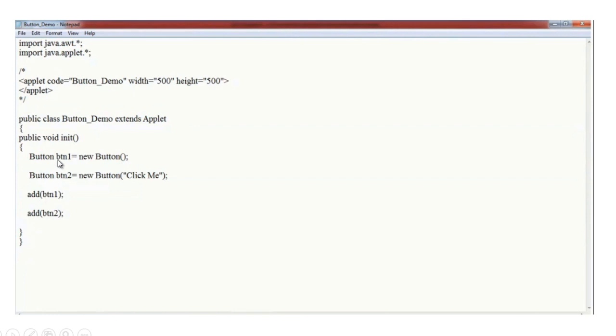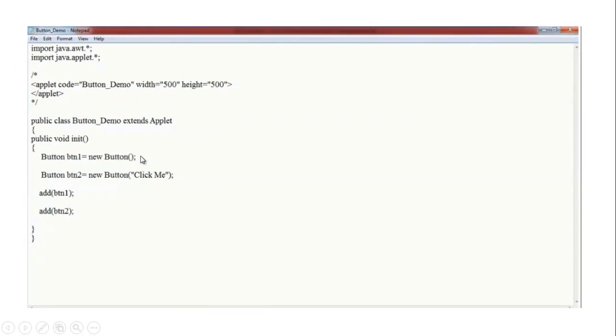First we are creating a button. For that, Button btn1 = new Button(). By using this code, we are creating an empty button. This button does not have any name. And second, we are creating a new button, btn2 = new Button("click me").